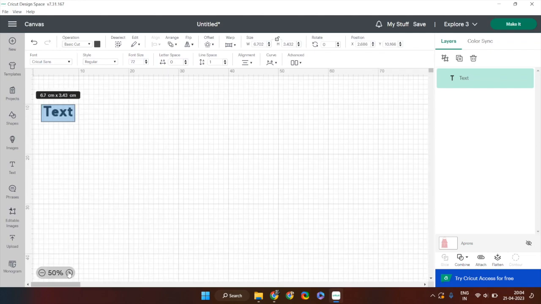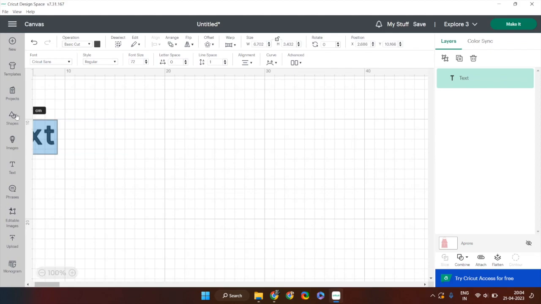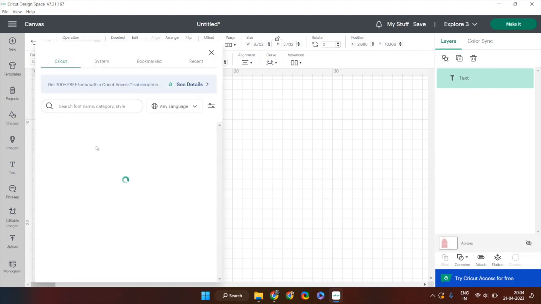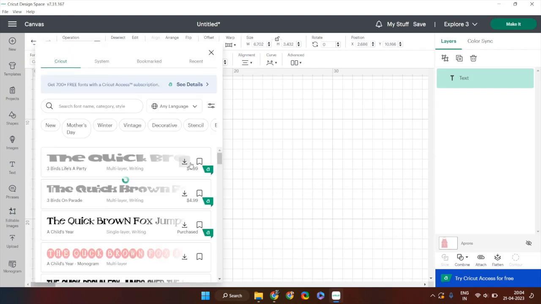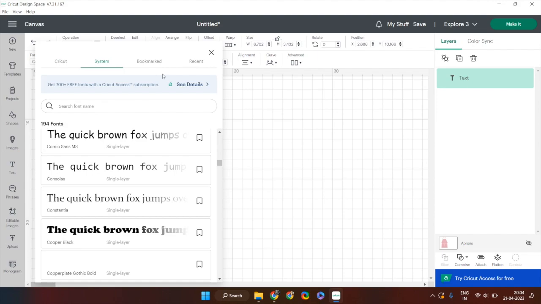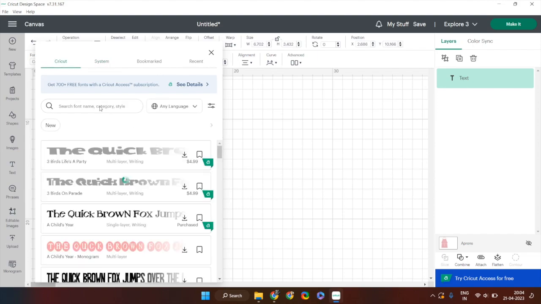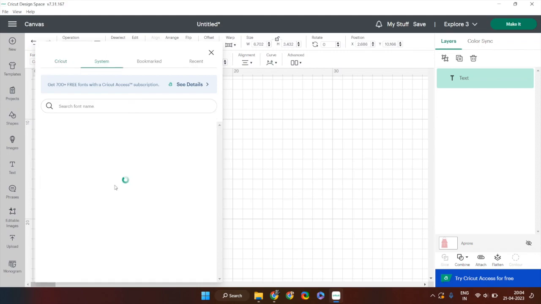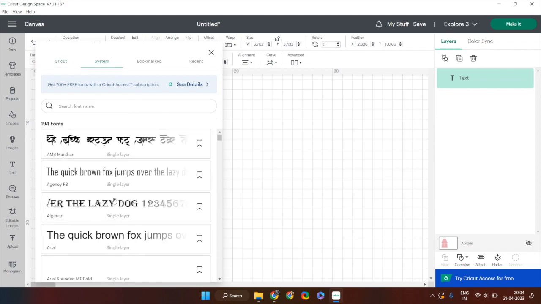So let me zoom it to 100% right now. So the text comes, and once the text comes, you can choose your font. On the font also, they have paid fonts and they have free fonts. So if you want free fonts, click on system, and this will give you a list of all the free fonts that are available. And for the paid font, you can go to the Cricut to get access to the paid fonts. But most of your work will get done with free font,